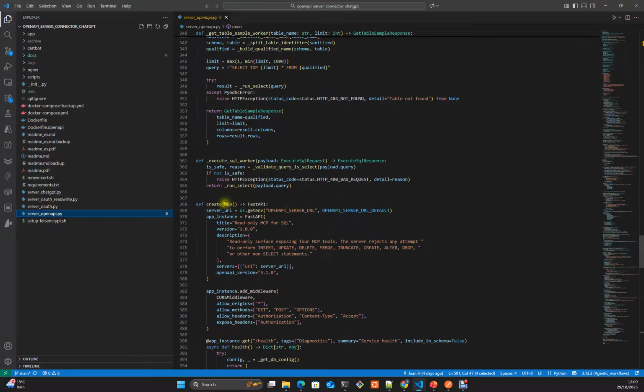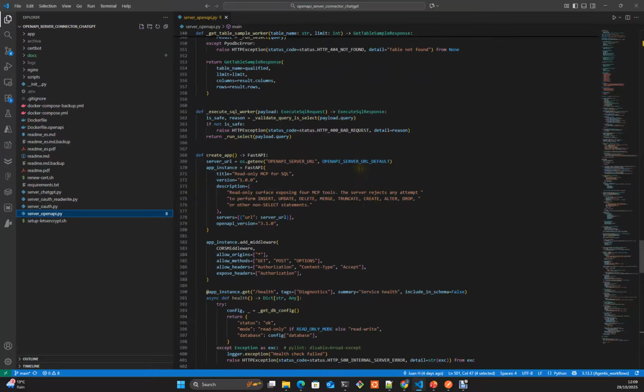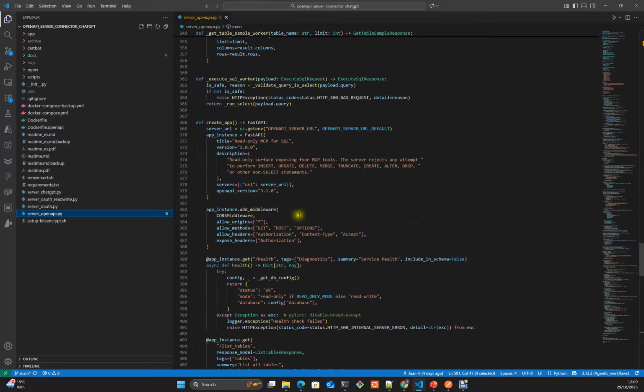Here we create our FastAPI application. We just simply instantiate the FastAPI object with this URL. We define the middleware, what is possible and not possible to do: GET, POST, and so on. Here in allowed origins, for the time being, we allow everything, but we are doing this control in the NGINX configuration.